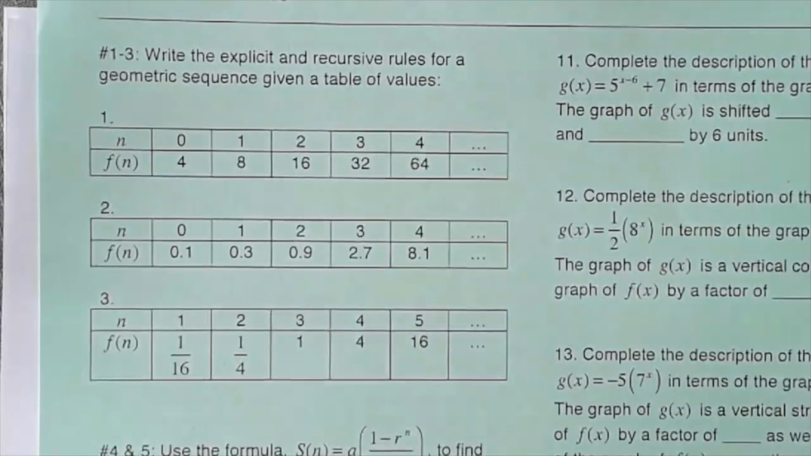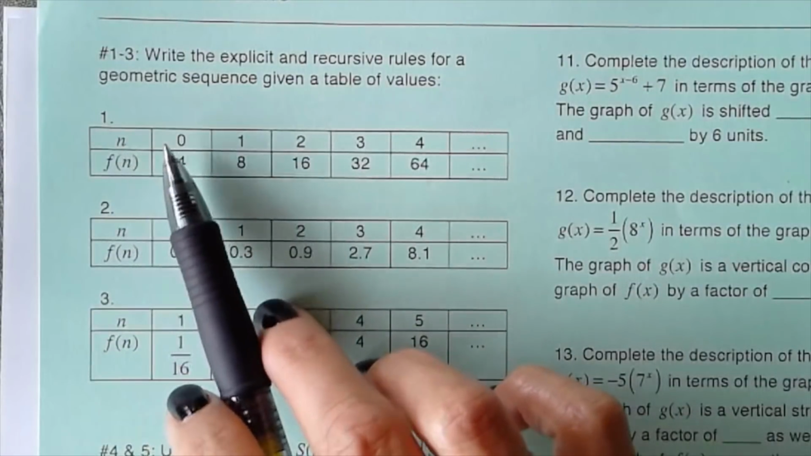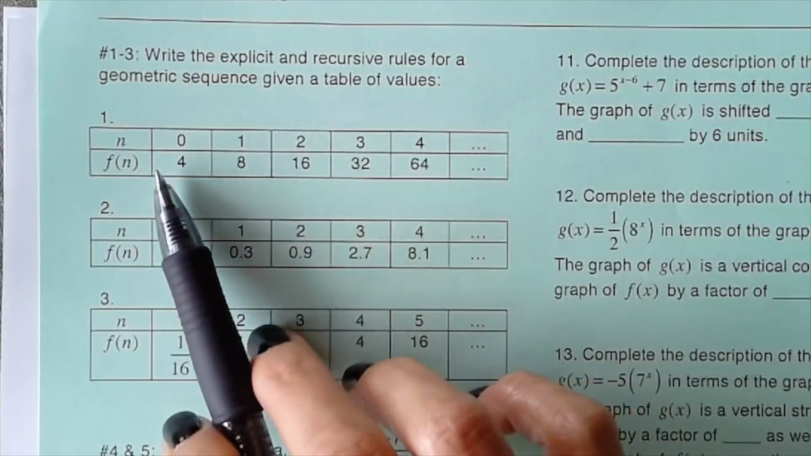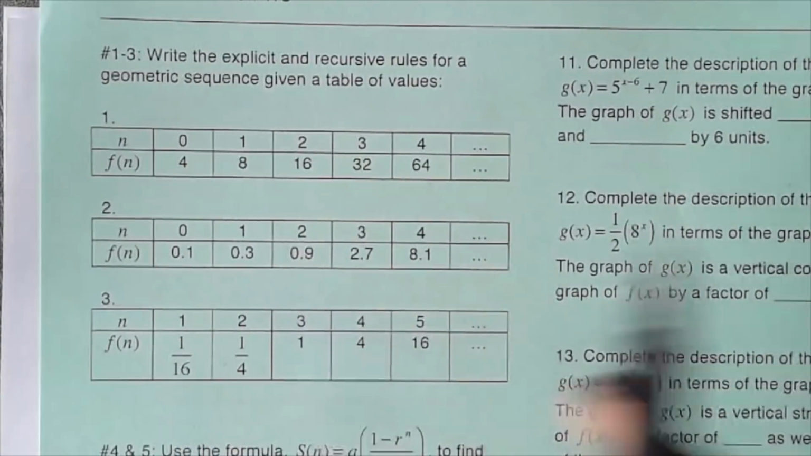Number 1 says write the explicit and recursive rules for a geometric sequence given a table of values. For this first problem, n starts at 0, then goes 1, 2, 3, and then f of n starts at 4, then 8, then 16. So first off,